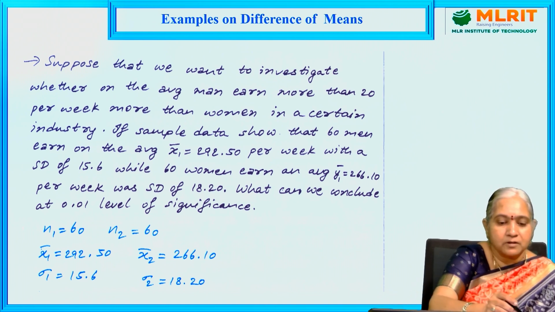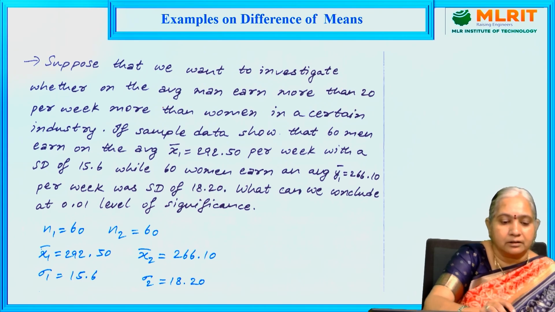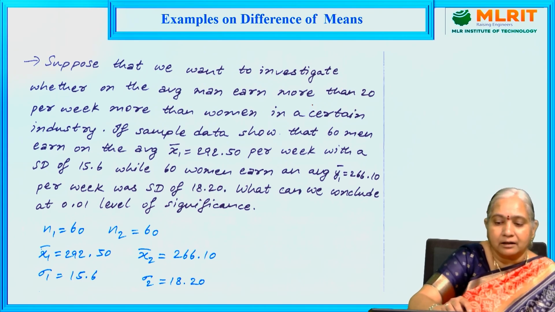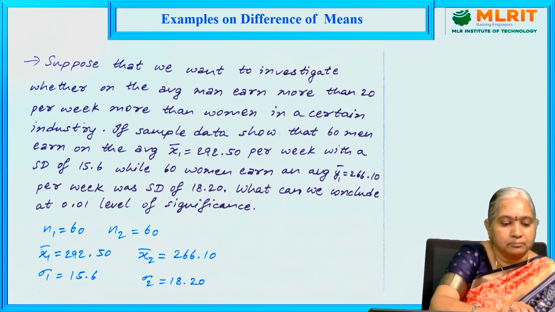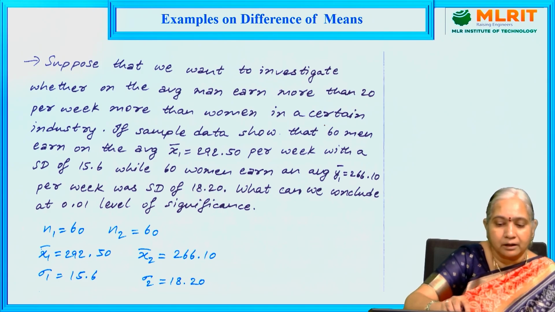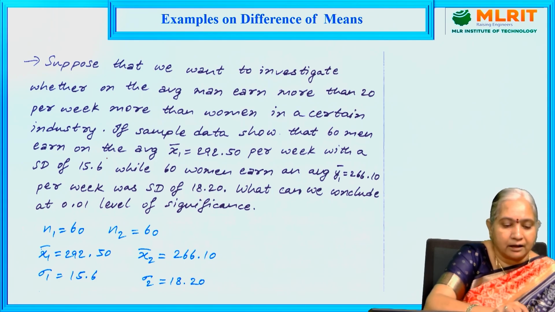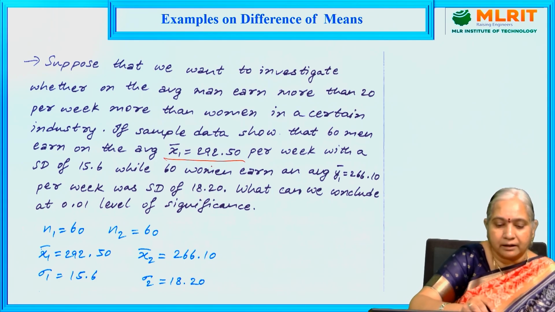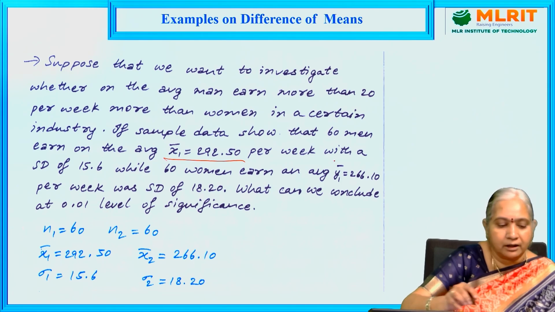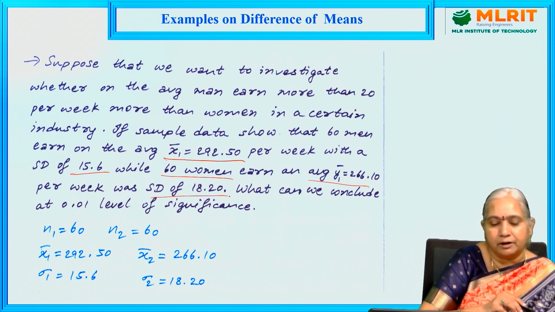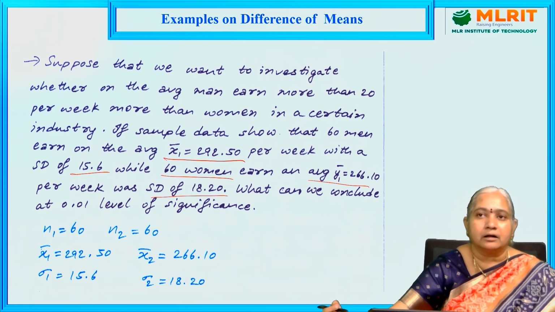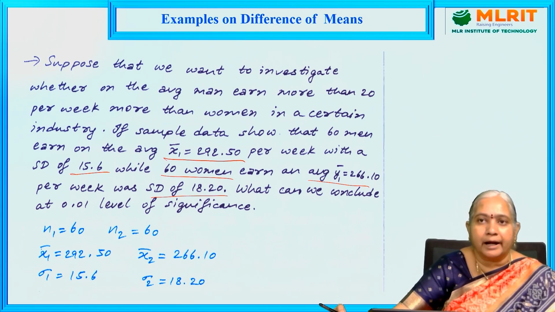Next example, suppose that we want to investigate whether on the average men earn more per week than women in a certain industry. If sample data shows that 60 men earn on the average x1 bar equal to 292.5 per week with a standard deviation of 15.6, while 60 women earn on the average 266.1 per week with a standard deviation of 18.2. So here we are claiming that two populations, men population and women population,